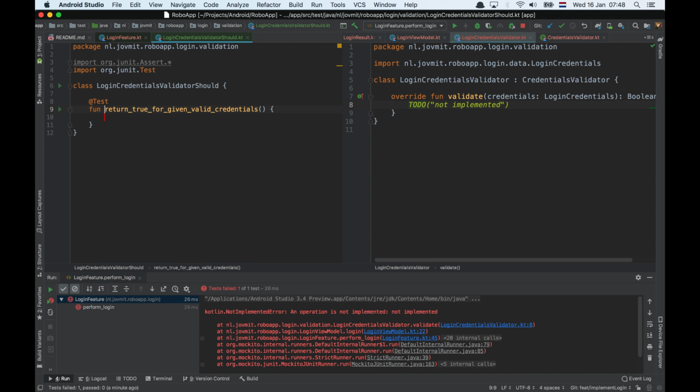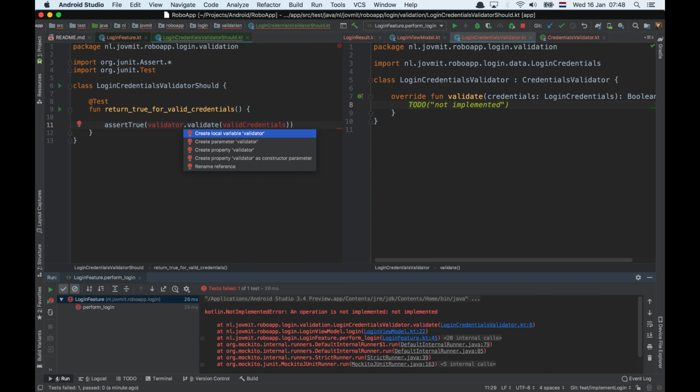Well, for valid credentials is enough. And I'm gonna start with an assertion. Validator dot validate valid credentials,